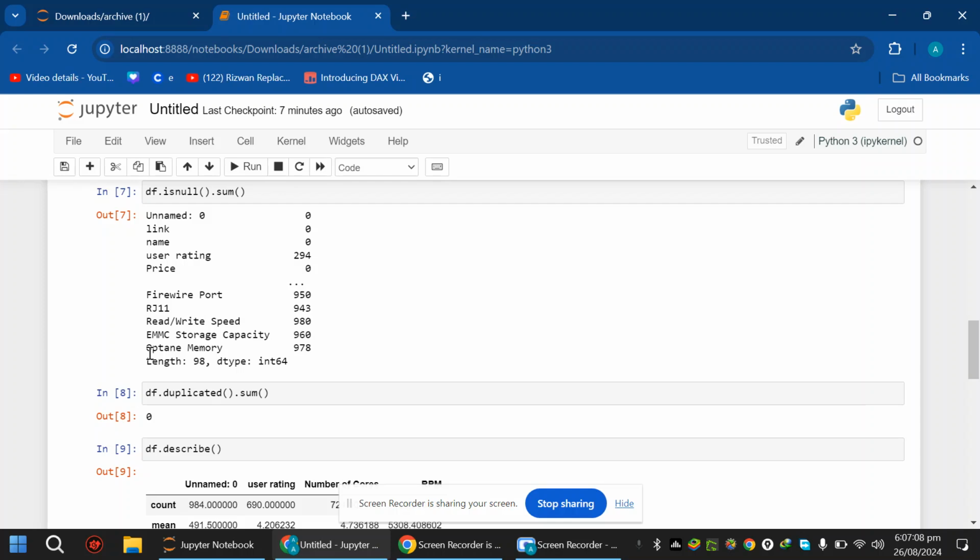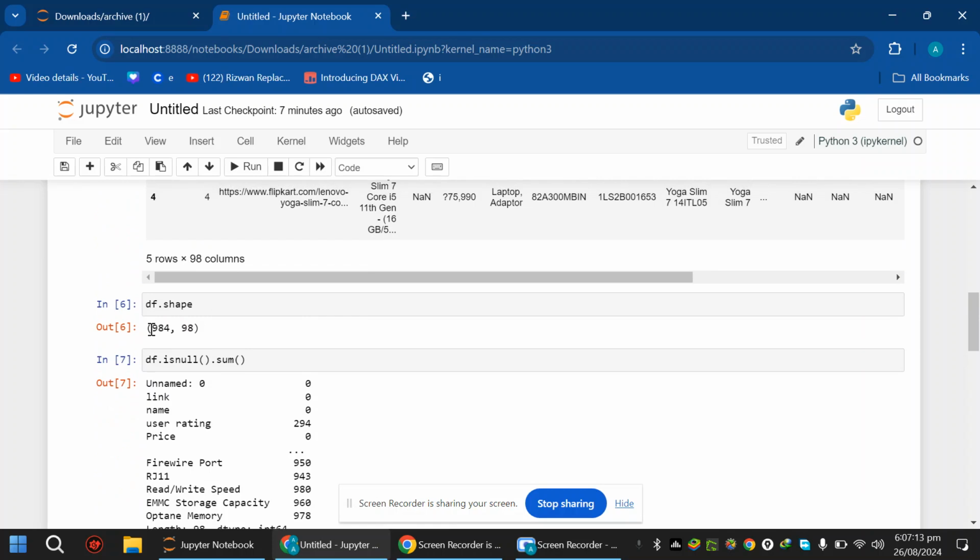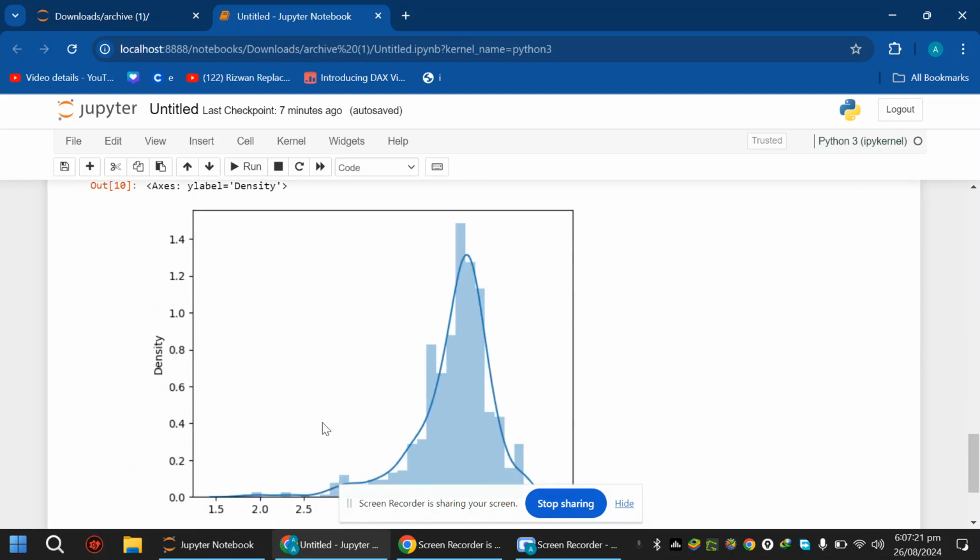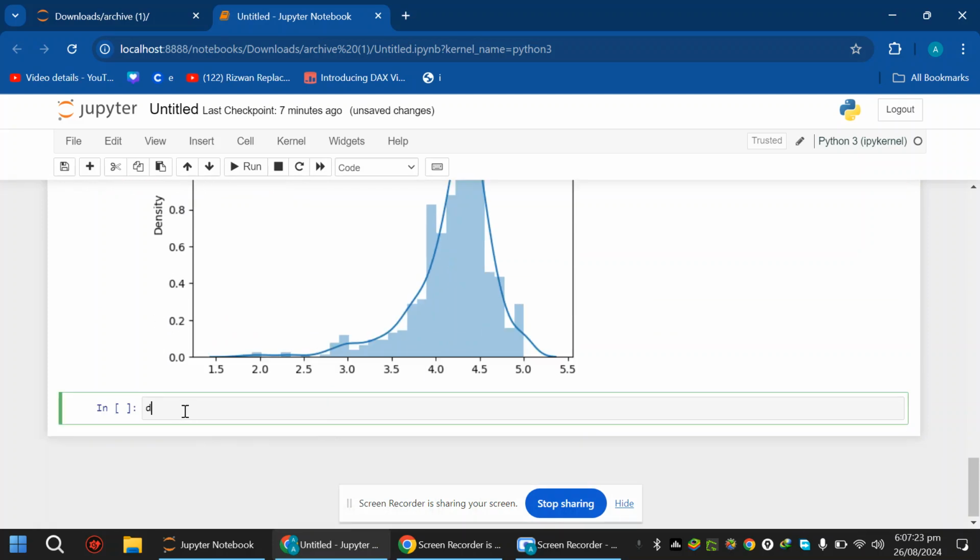So to avoid this situation, first of all, you will have to check the total shape. That's how I found out the shape. It is 984 and the user rating is 294. It's a huge difference, so we will fill these values. So what should we do? First of all, we will check what is the name of the column, what is the mean of the